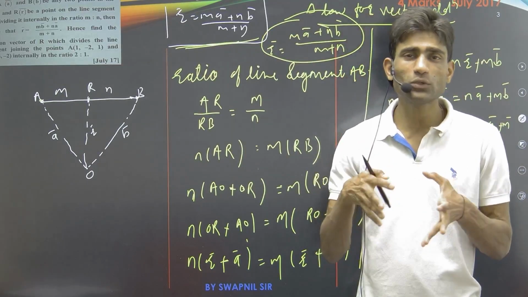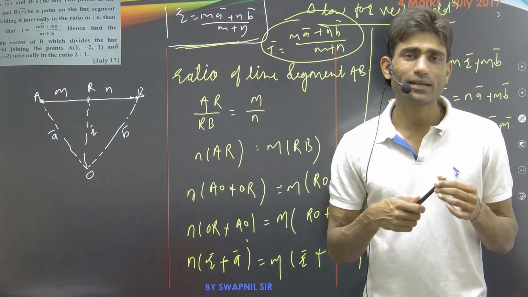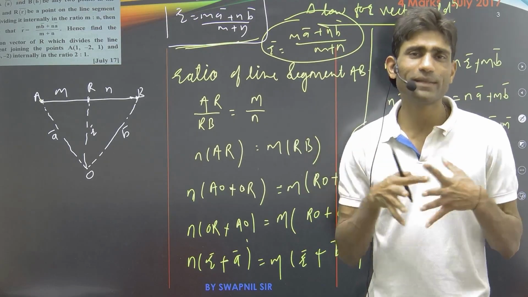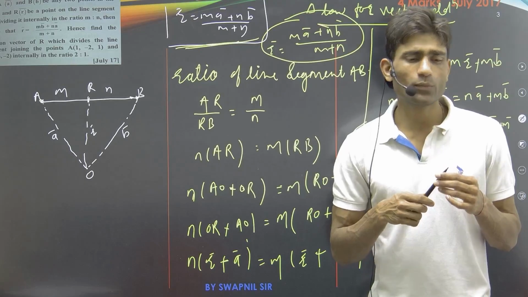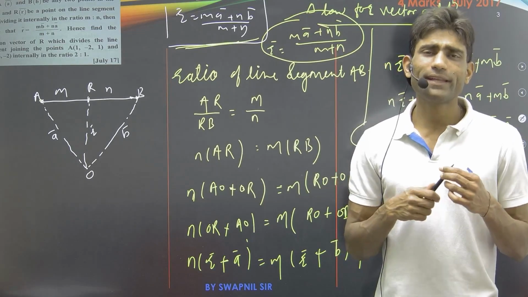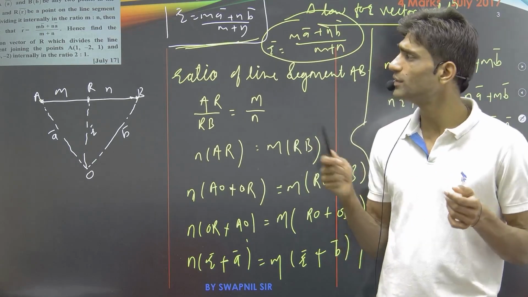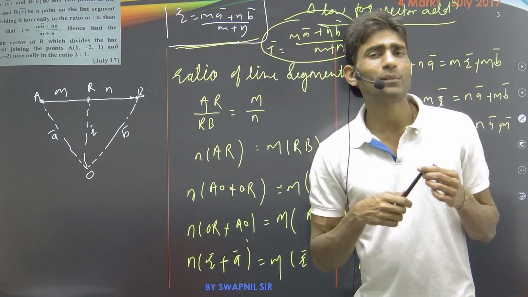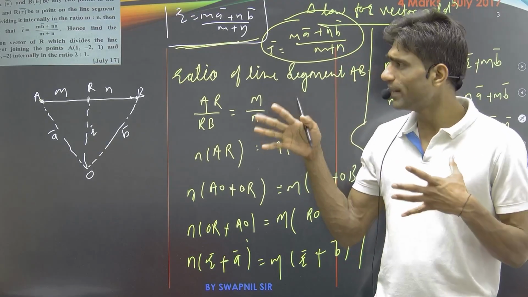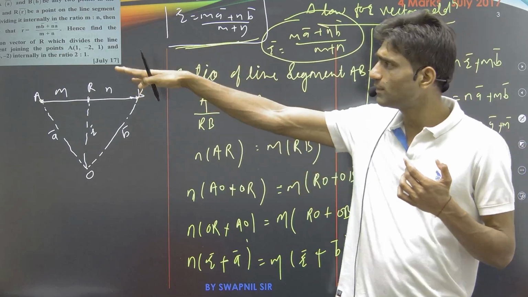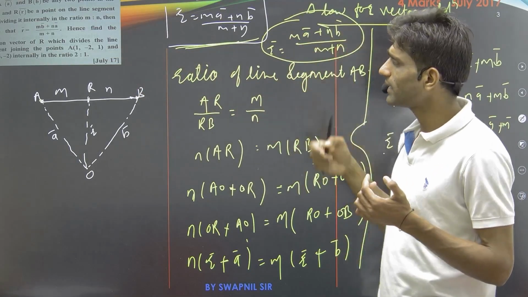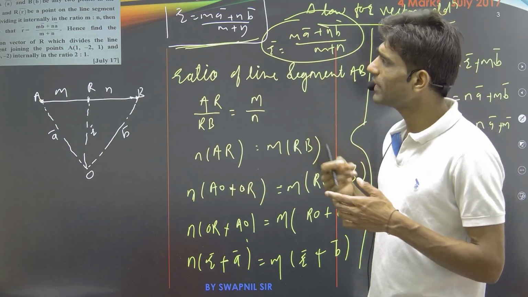I don't think I have to explain this part in much detail. I have already explained this part in my previous lecture. So if you want to see the detailed proof for the section formula for internal division, you may check that part in my previous lecture. In this example I just wanted to explain to you the next part of my example. So what have we been given in our next part?